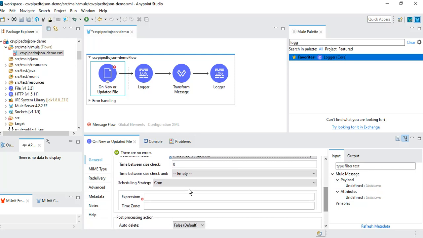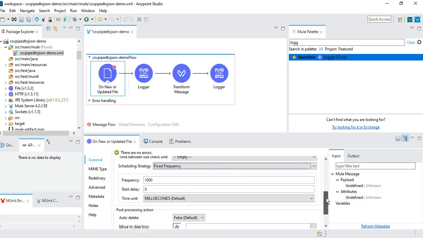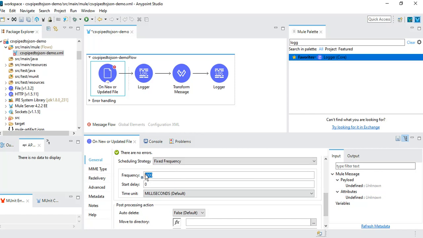That's fine. Then schedule strategy, I make it fixed frequency. That's a simpler one, not the cron. Then frequency, polling frequency is 1 minute. That's fine. 60,000 milliseconds is nothing but 1 minute. Start delay. 1000 milliseconds is not 1 minute, it is 1 second.